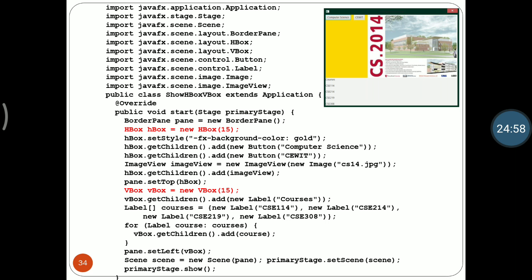So this is our horizontal box and our vertical box contains CSE 114, CSE 214, CSE 219 and CSE 309 labels in a vertical manner. So with the HBox we can provide values in a horizontal, row manner, and with the VBox we can provide values in a vertical manner, meaning column manner.